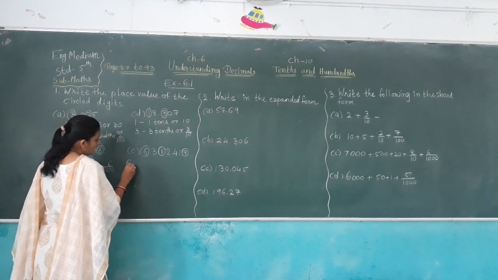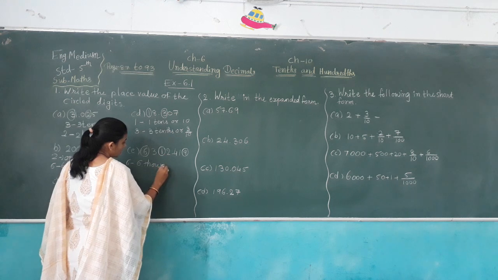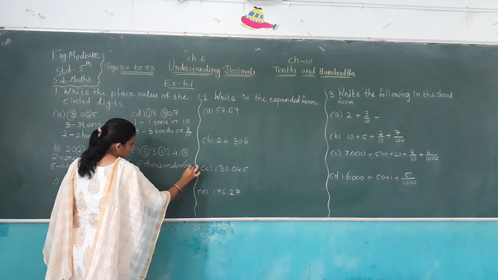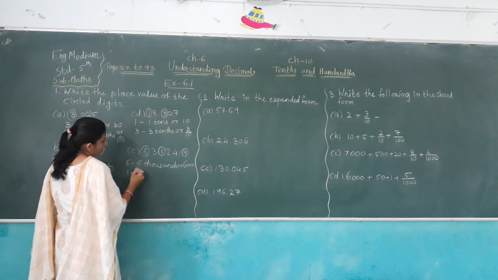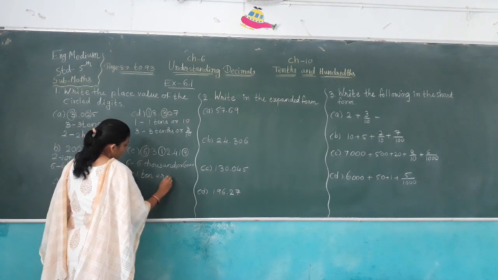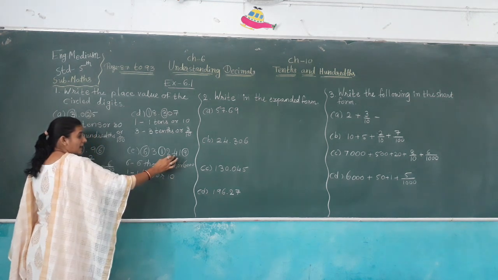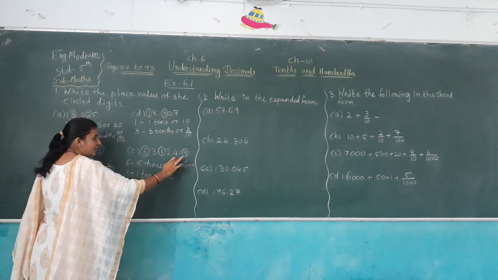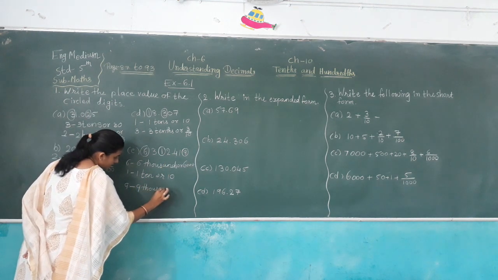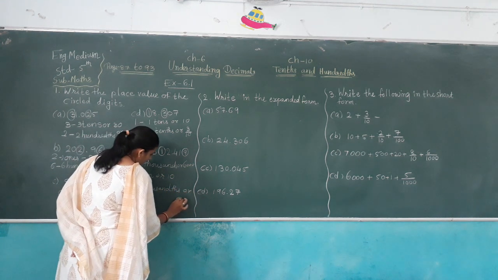Here 6 stands on the thousands place, that means 6,000. 1 stands on the tens place, so 10. 9 stands on the thousandths place, so 9 thousandths,